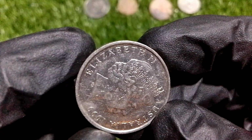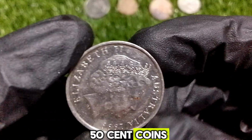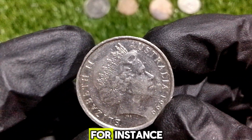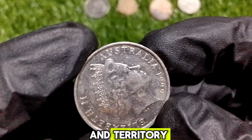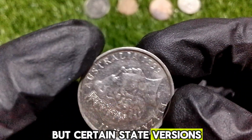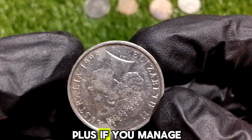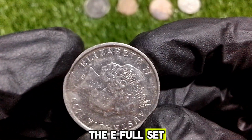While the 20-cent denomination doesn't see as many special issues as the $1 or 50-cent coins, there are still a few standout examples. Take the 2001 Centenary of Federation 20-cent coin, for instance. It was released as part of a special series with each Australian state and territory getting its own design. Most of these coins aren't extremely rare, but certain state versions, especially those found in uncirculated condition, can fetch between $10 and $50 or more. Plus, if you manage to collect all the state variants in pristine condition, the full set can be quite valuable